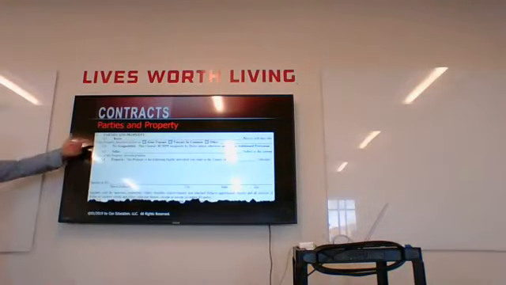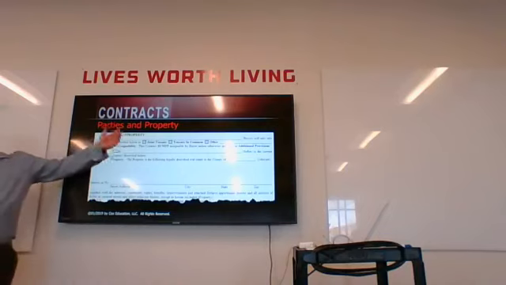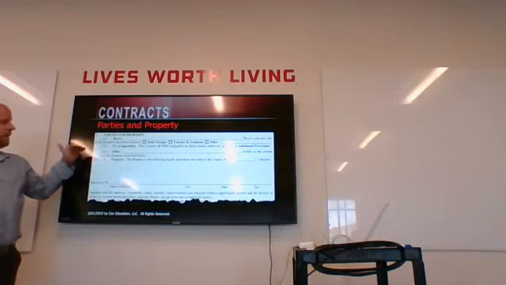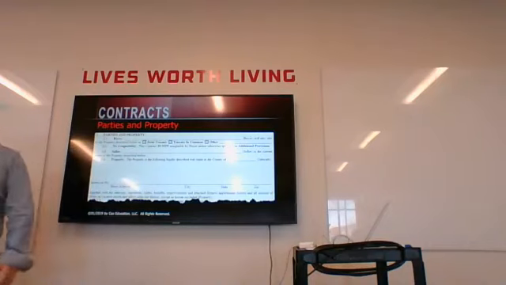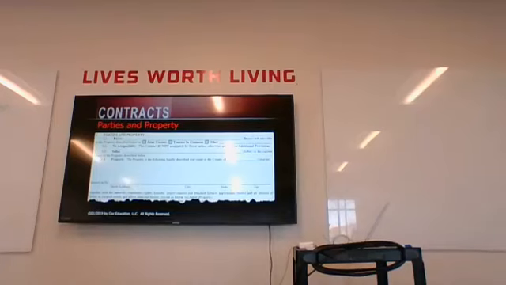All right, so the parties, here's where we're defining who is the buyer. This is where the names are going to go in, right? Who is the seller? How are they taking title? Joint tenants or tenants in common if there are multiple buyers in there, and what's the difference? Are you asking? Yeah, what's the difference between joint tenancy and tenants in common? Half and half, one's half and half, and the other one could be different percentages for each. Yeah, one is